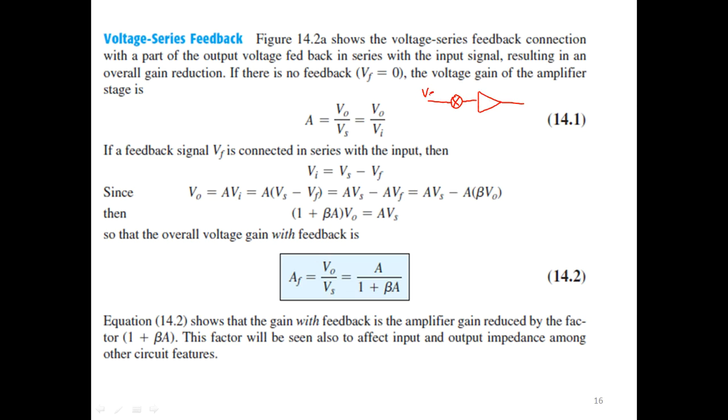So Vs is the actual input which is being fed, and let us consider A as the gain of the amplifier, and let V0 be the output voltage. Since it is voltage series feedback, I will not be representing the load resistance. I will just be taking it in simple terms. So let beta be the feedback unit,